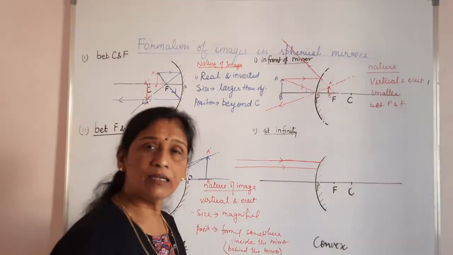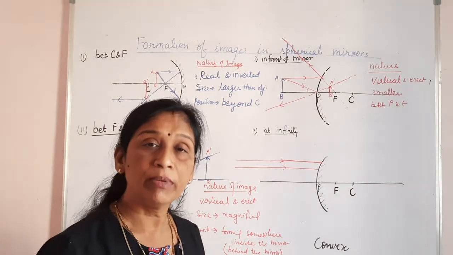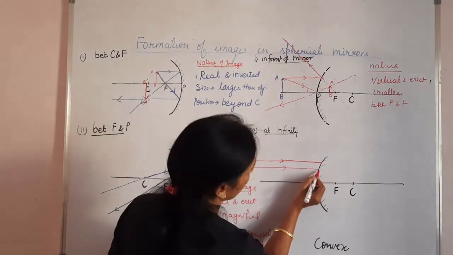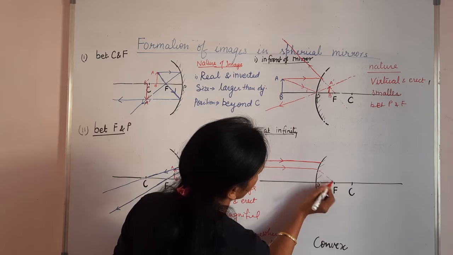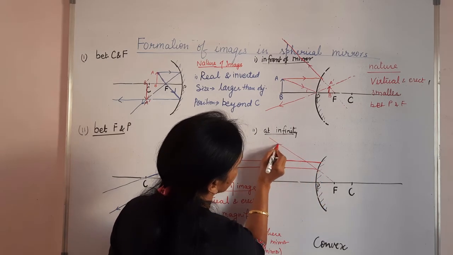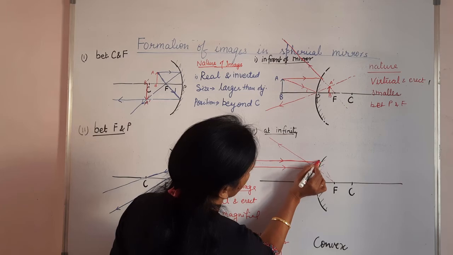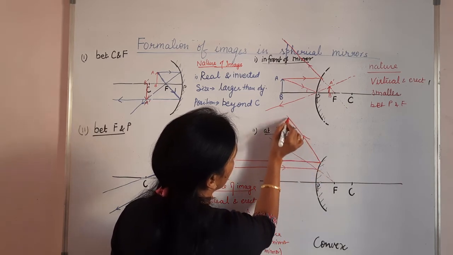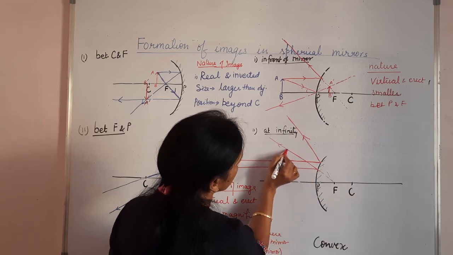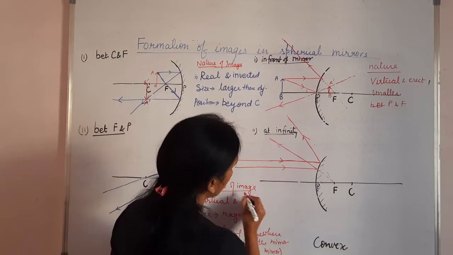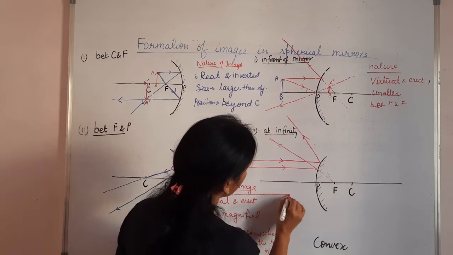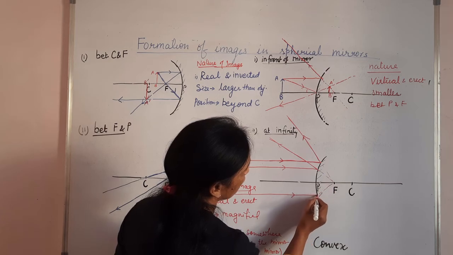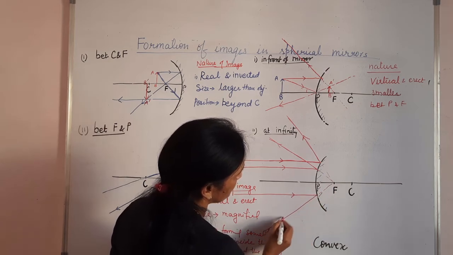अगर rays parallel होती हैं, if the incident rays coming to the mirror are parallel to the principal axis, तो वो F point से होते हुए जाता है. ठीक है, तो ये ऐसे निकल जाएगा and this too, ये ऐसे निकल जाएगा. ये रिफ्लेक्टेड रे हो गया इस वाले का and this will be the reflected ray of this one. ठीक है, अगर एक रे ऐसे आ रही है, तो इट विल रिफ्लेक्ट बैक फ्रॉम दिस पॉइंट. इस तरह से ये रिफ्लेक्ट हो जाएगा.